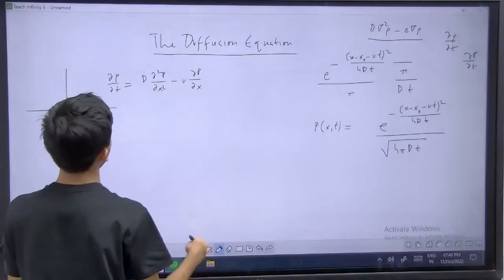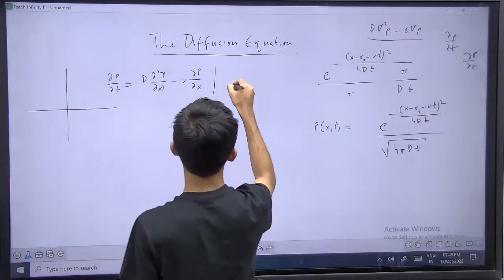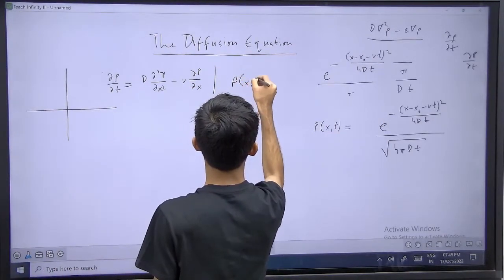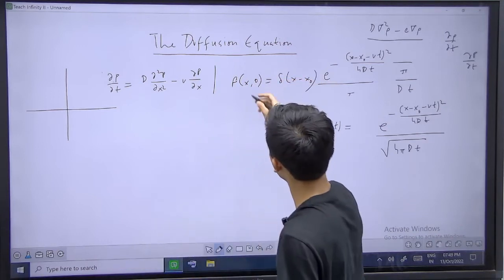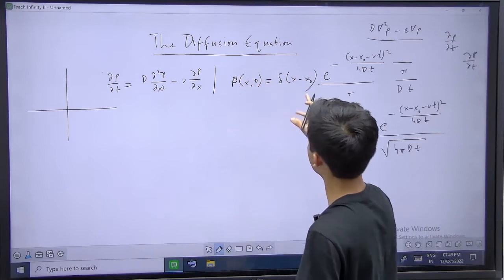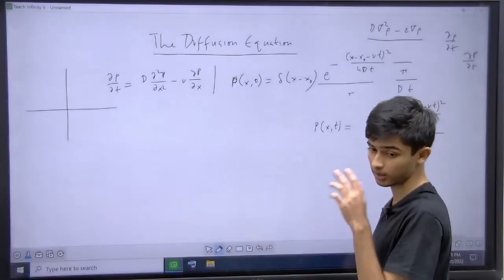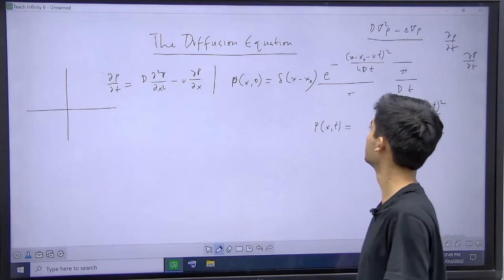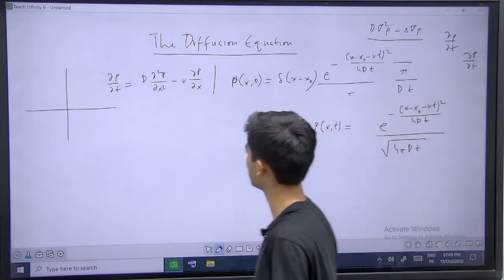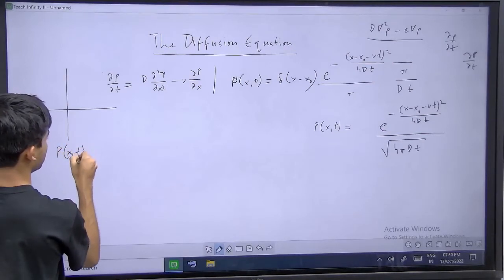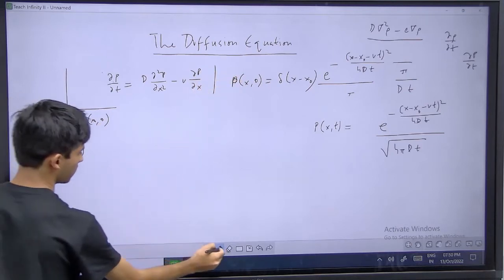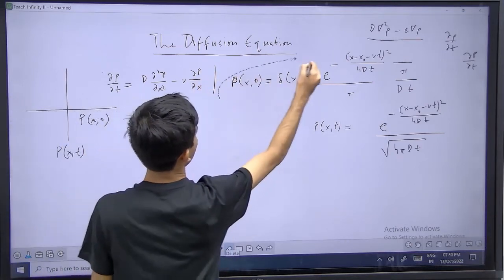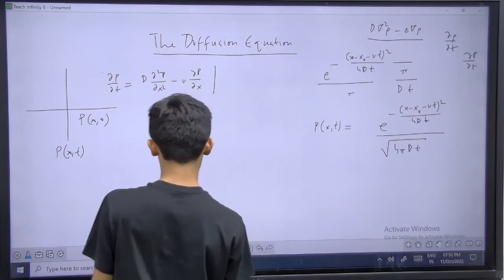Yeah, with the boundary condition that p of x comma 0 equals delta. So it turns out that this is very characteristic of a Green's function type of solution, and so we can simply go ahead and do the standard thing that we do, right? So in general I write, for any initial condition p of x comma 0, which is not necessarily the delta function, any general initial condition, I write that as